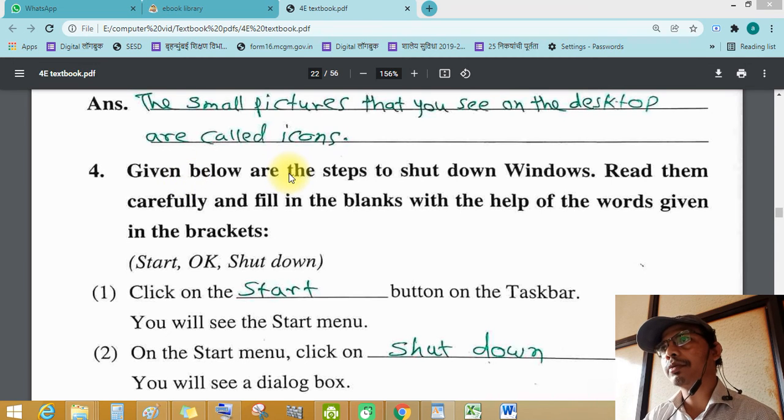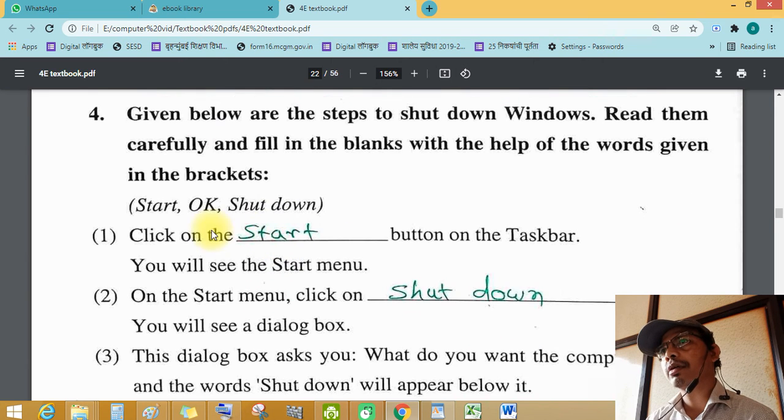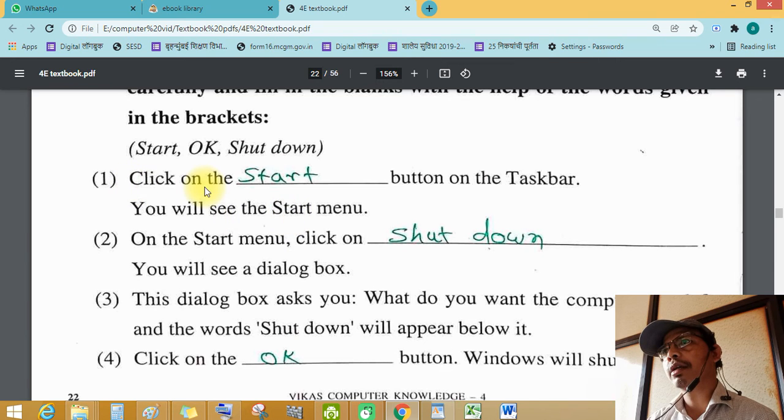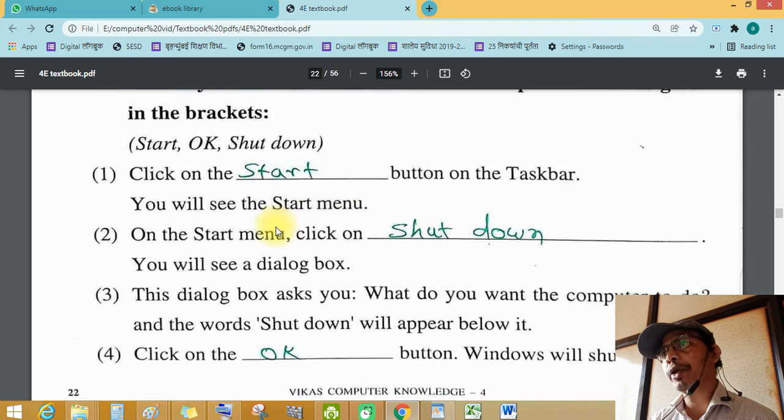Given below are the steps to shut down Windows. Read them carefully and fill in the blanks with the help of the words given in the brackets: start, OK and shut down. Click on the start button on the taskbar. You will see the start menu.